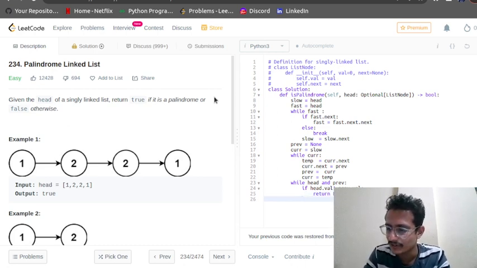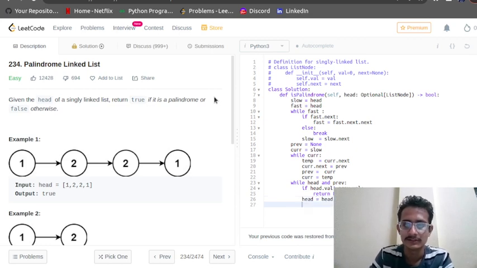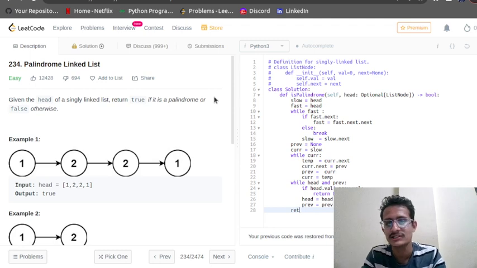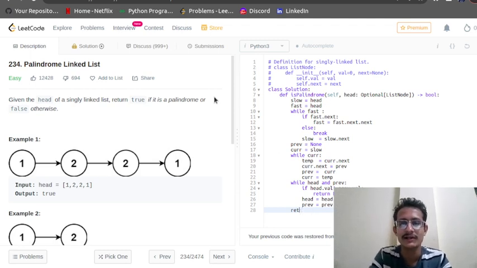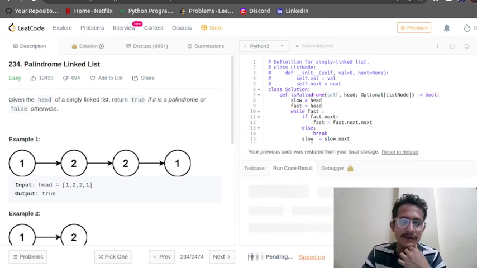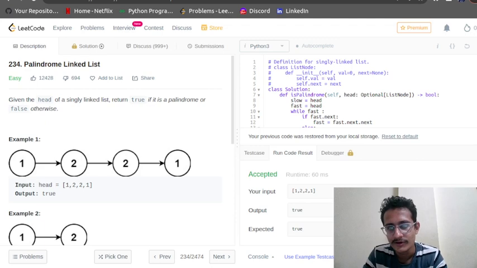Otherwise, we move head equals to head dot next, and previous equals to previous dot next. And once this while loop ends, it means we never entered the false situation, so we will return true. Okay, let us try to run this code and I hope it will work absolutely fine.